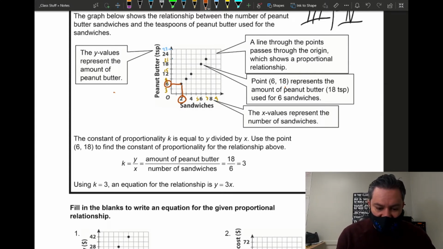You can pick any point to do this. So for instance, if you pick this point, you can say, well, to make 6 sandwiches, I need 18 spoons of peanut butter. It doesn't matter which point you pick, and you can also estimate what's going to happen on another one. Like for instance, right here, if you pick this point right there,